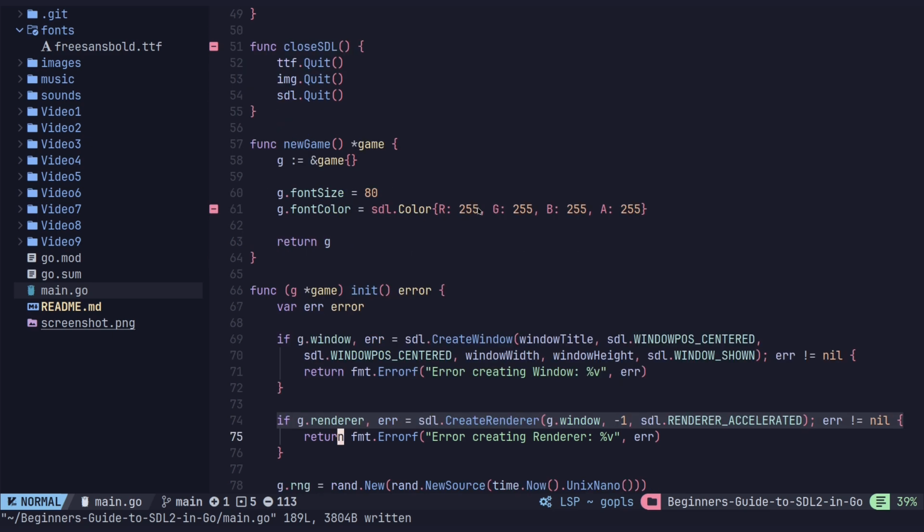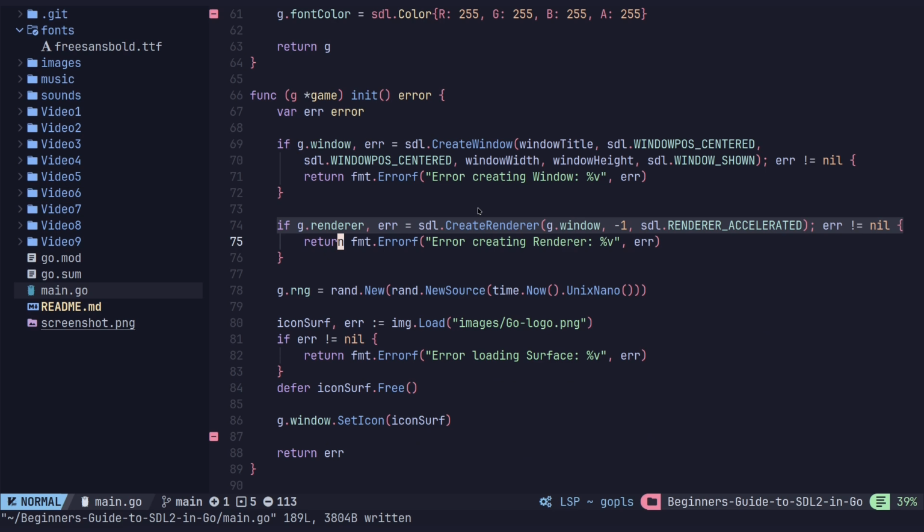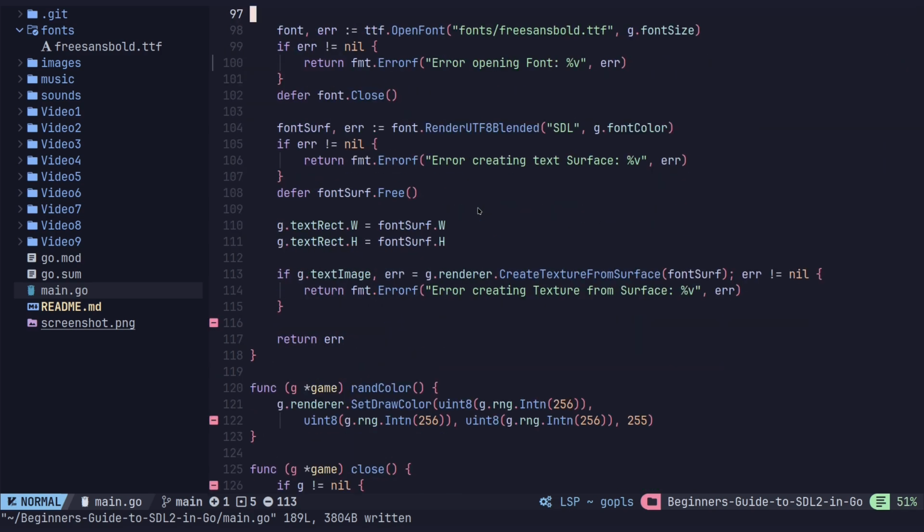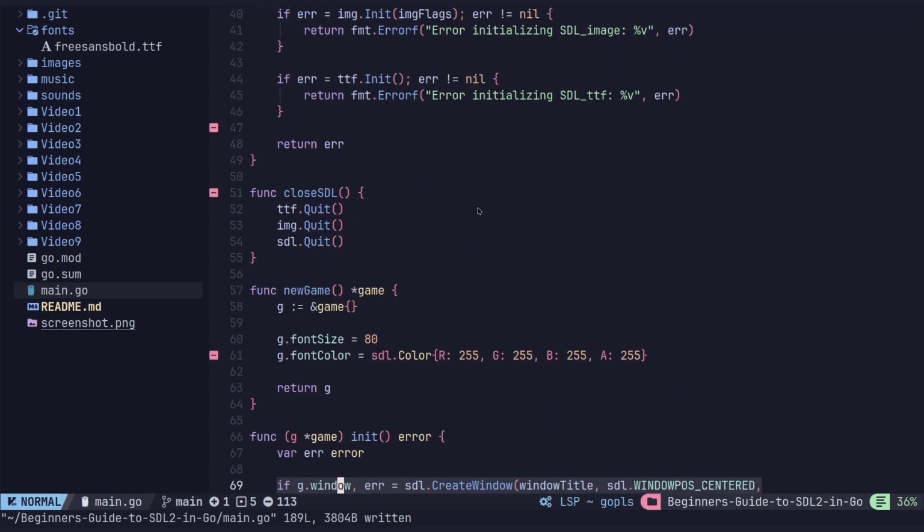Okay, so what we really want to do is we want this thing to move around the screen. We want the text to move. You know, we could manually change the X and Y, but what I actually want to do is to let it move around the screen. So what I'm going to do is I'm going to create some